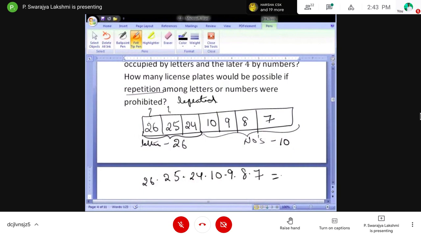Is it clear? That is 15,600. Is everyone clear?